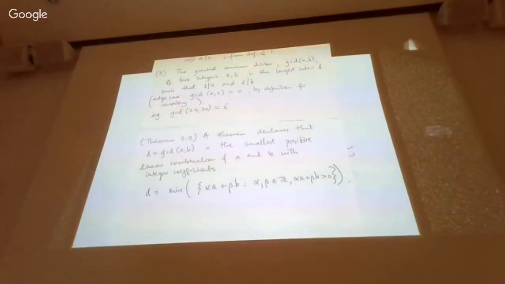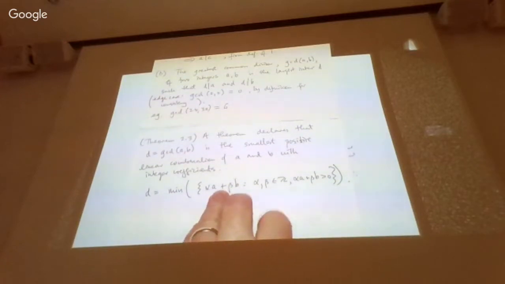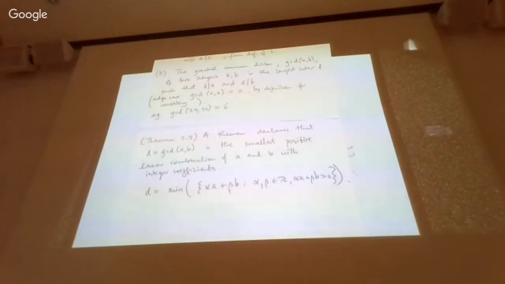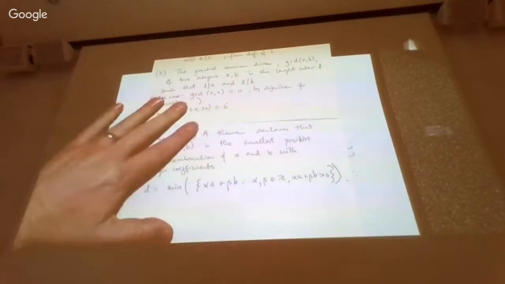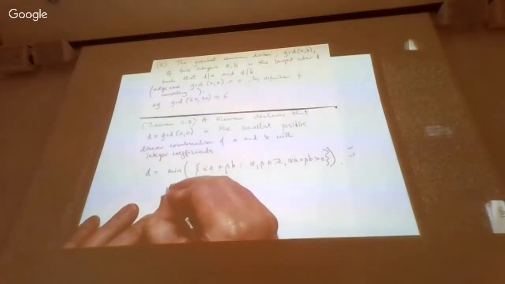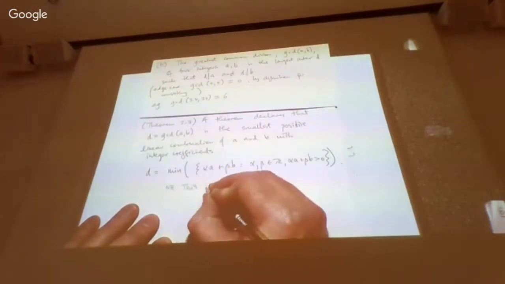Okay? This is a set of positive integers, so it does have a minimum. The set is infinite, of course. There's infinitely many linear combinations you could make, but it's an infinite set of integers that's strictly bigger than 0, so there will be a smallest. Anybody remember what that property was called? Again, this wouldn't be required to be part of the answer, but just a little note. This minimum exists because of